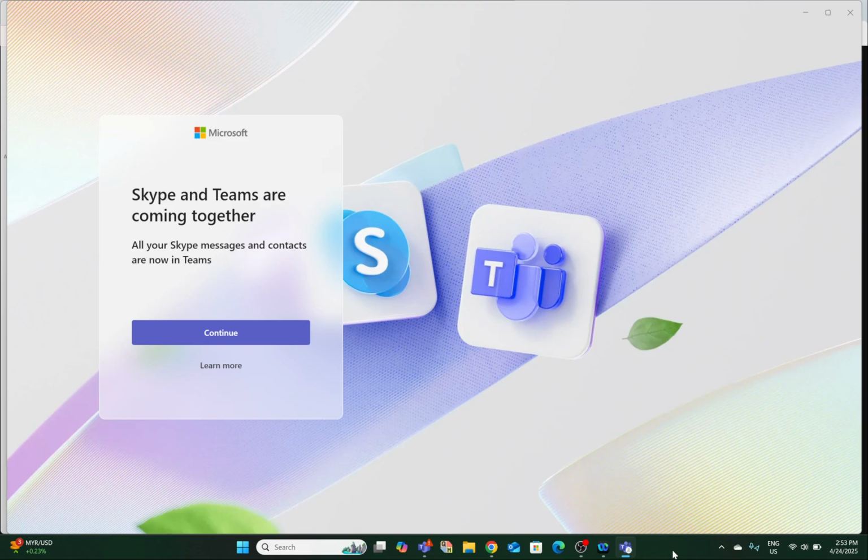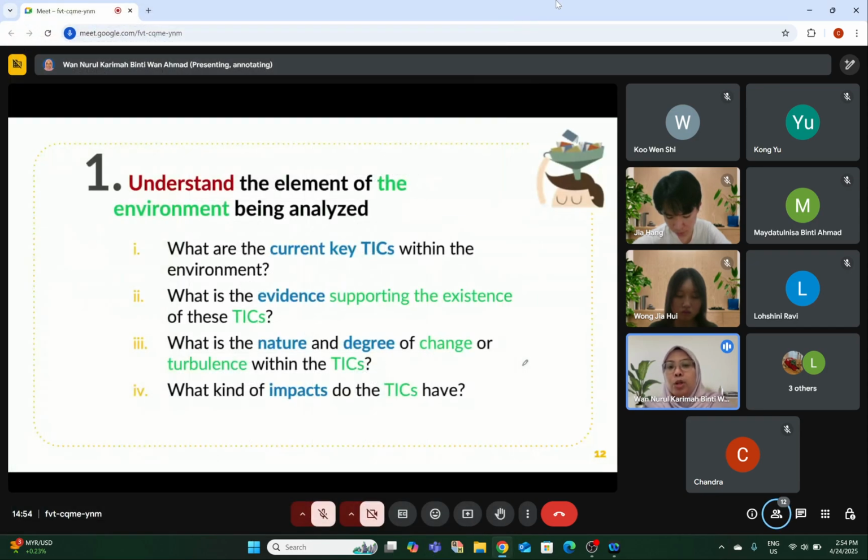Okay, so the first one, understand the elements of environment being analyzed. So the questions that we need to ask ourselves at the first step is, what are the current key trends, issues, and challenges within the environment? So if you are studying about hydrogen car, if you're studying about lab-grown meat, for example, so what are the issues? Issues may be issues that are related to the social factors, technological factors, environmental factors. So you need to identify the current trends, issues, and challenges within the environment related to electric car, hydrogen car,